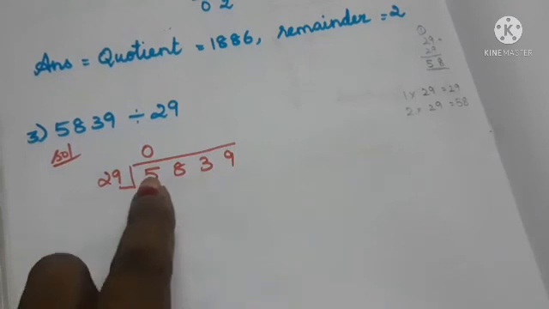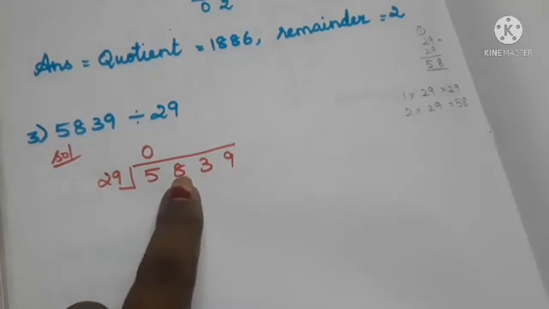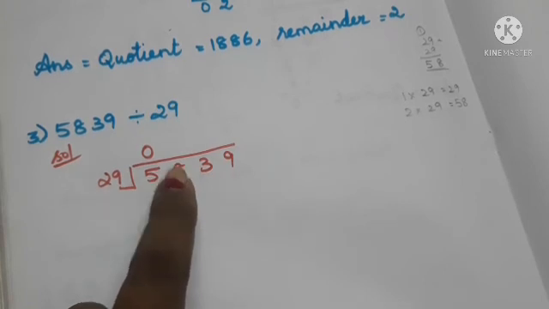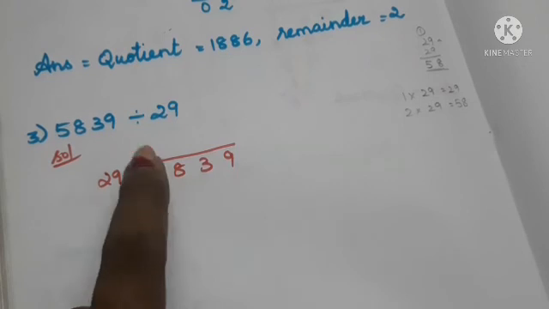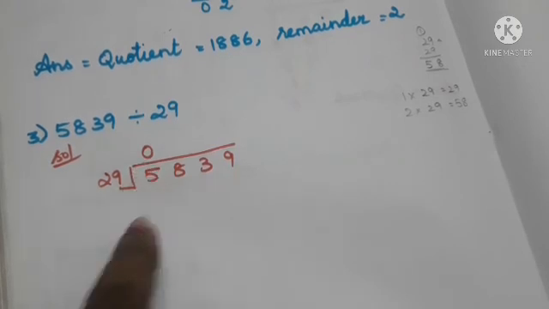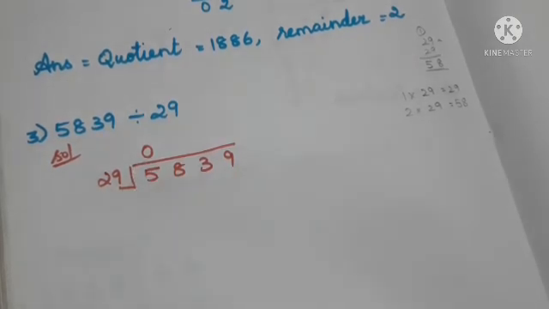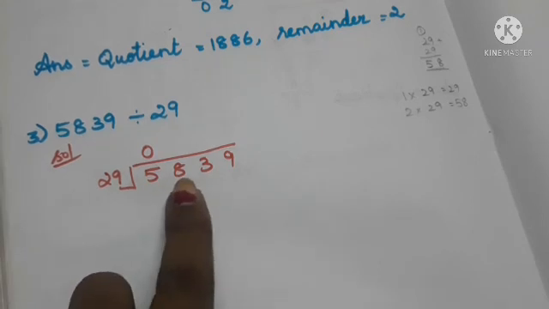Now what we have to do means we have to take the next place value. That means the 100 place value we want to take. Okay, in the 100 place value what do we have? 8 we have, isn't it, ma? In the 1000 place we have 5. We can't divide the 5 by 29. So what we have to do? We have to place a 0 in the 1000 place value and we want to take the next place value.